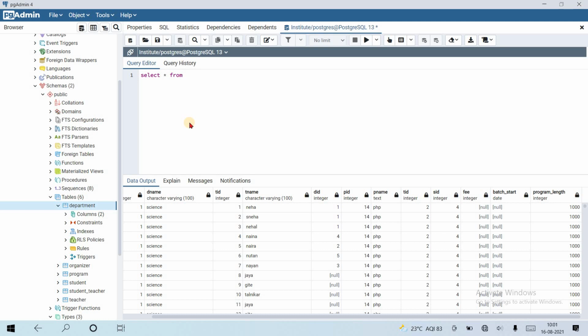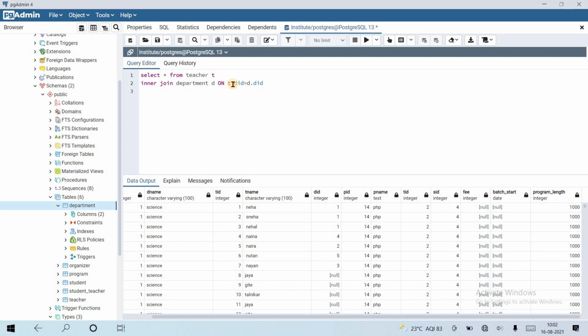Select star from teacher inner join department as D, with teacher as T, using ON: T.TID equal to D.DID. Here the DID column is common.